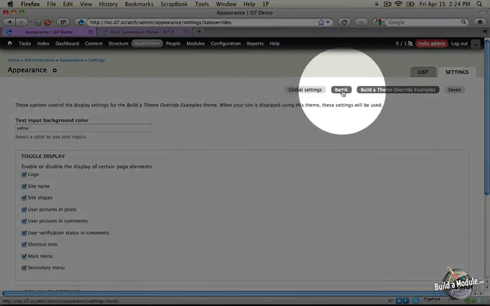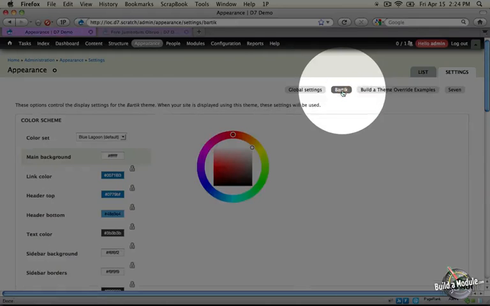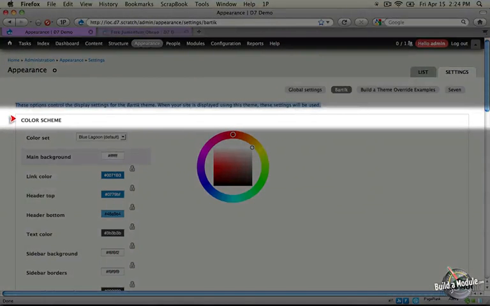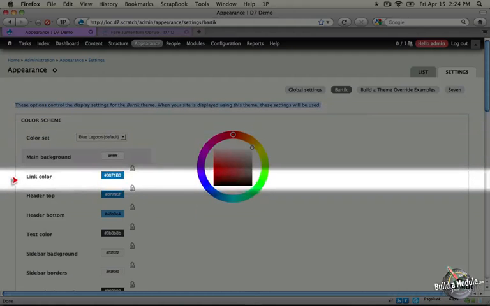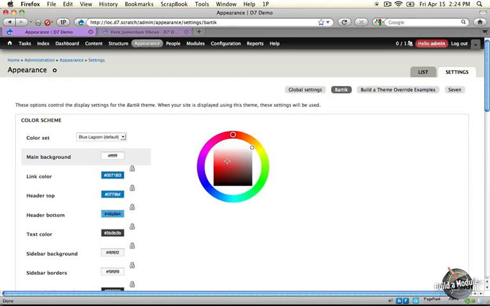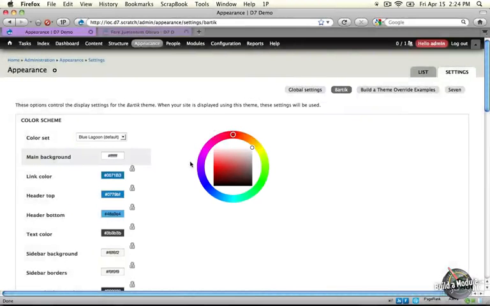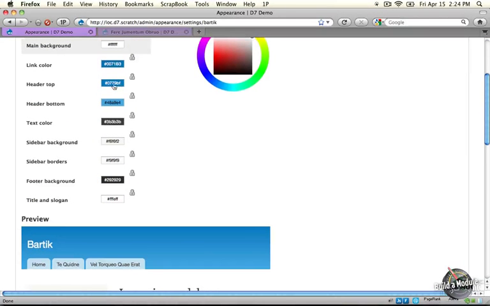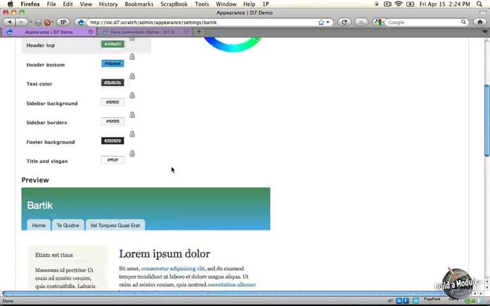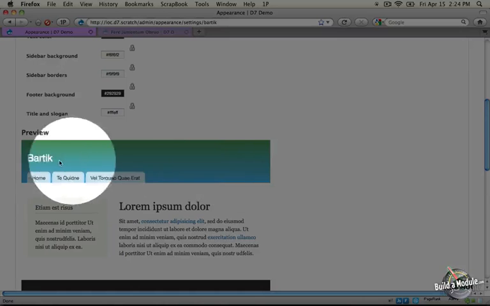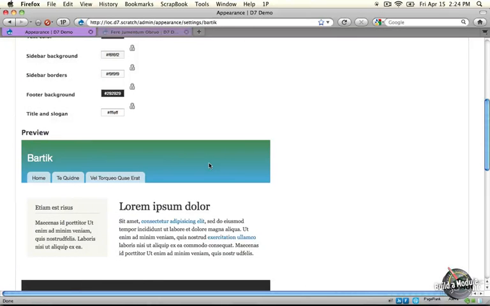And what I'm going to do is click on the Bartik Theme Settings tab here. And you see that it has a color scheme selector here that allows you to select multiple colors for different aspects of the page using a pretty easy to use color selector. In addition, when you change colors on this page, you get to see the changes occur in real time in the preview here. So you see down here, we have a preview going on of the color changes that we're